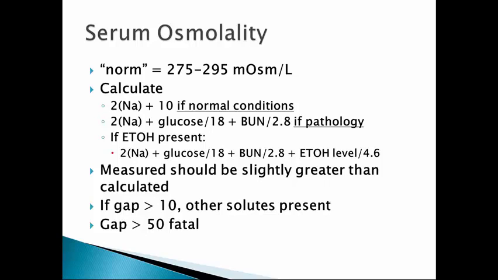So maybe additional toxins, other substances. If the gap, the difference between measured and calculated, is greater than 50, there are other solutes present, and because those other solutes are unknown, they frequently